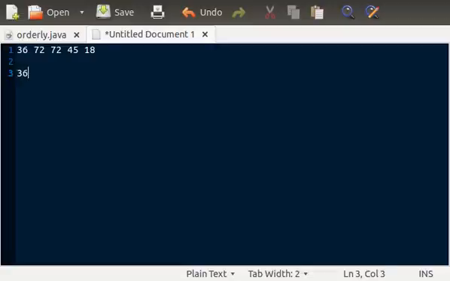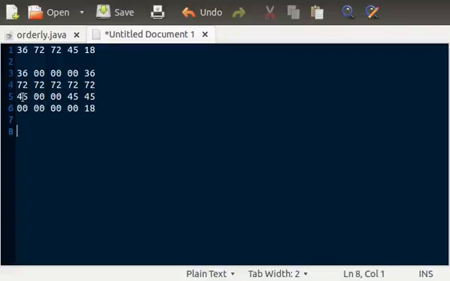If we do 36, there are 2 36s there. If I do 72, oh wait, yeah, equal to or greater than. So 72 is going to override that, override that, override that, override that. It's going to override everything. 45, yeah, it overrides that one. I'm getting quite tired. And for 18,